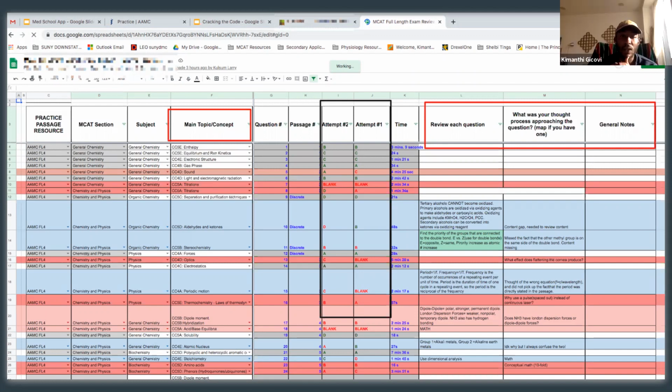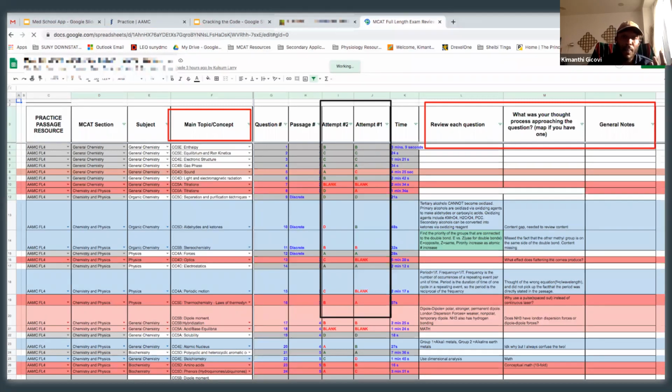Is Khan Academy a good resource for practice passages? Yeah, I love them. One thing I want to get across: when I talk about learning how to prioritize in your study techniques, I try to explain to students that there is no good resource. There really is no bad resource. Every resource has a different purpose for every student. So for me personally, I like the Khan Academy passages and questions for Psych Soc. Why? Because they were hard as crap. I didn't do well on them, but they forced me to really work on a weak area.